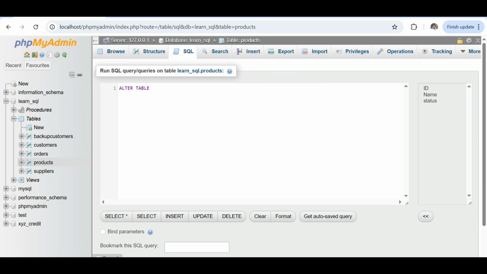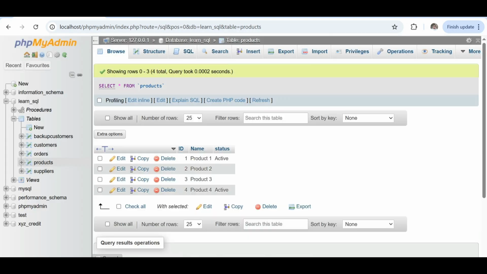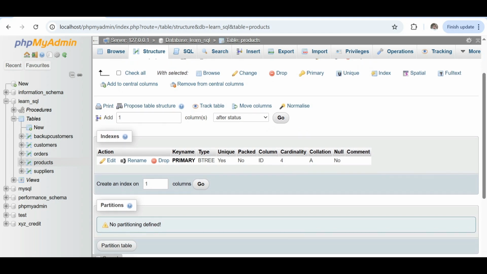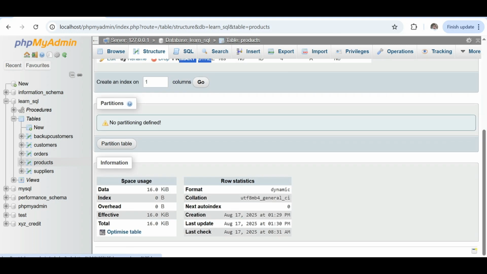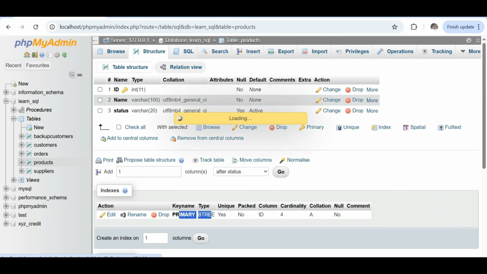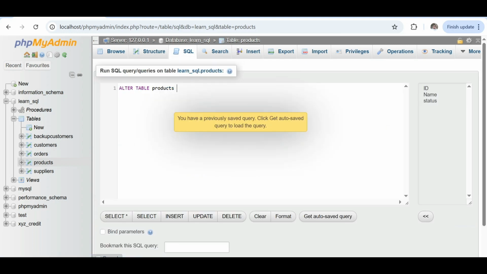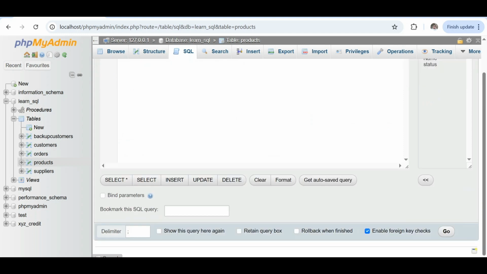You just alter table products, and I will drop constraint primary ID.